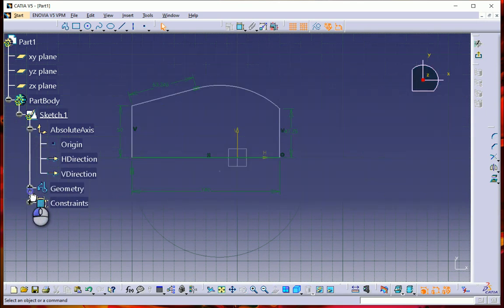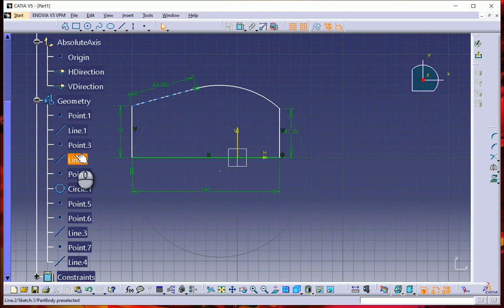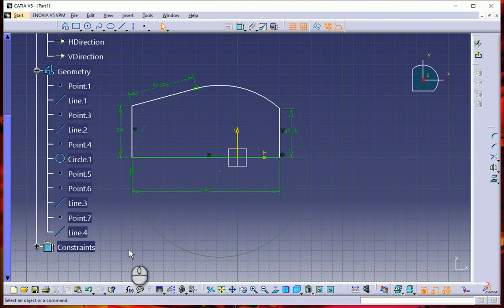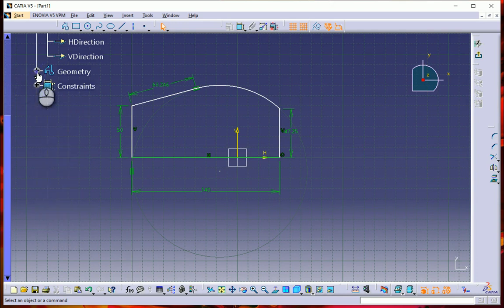So the specification tree has, see, I've made a point first, then I've made a line. This is the line 50, then I have a second point, then I have a line, then I have a point, then I have taken a circle which is converted into an arc basically. Then again there's a point, and we have a line. See, all the information of this particular sketch is over here. So this specification tree tracks all the operations that are carried out on the part, right? So this is one thing.